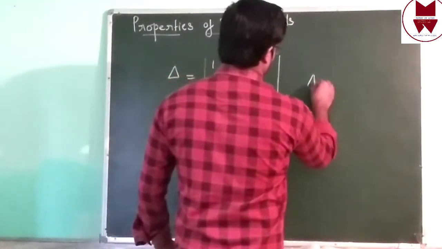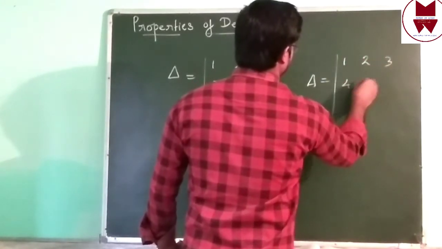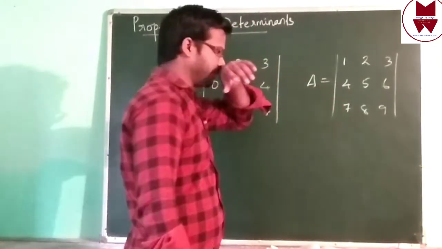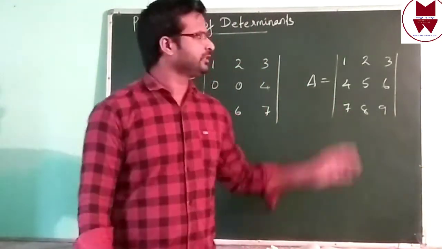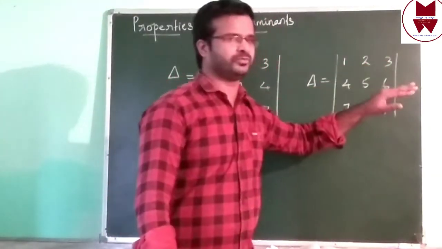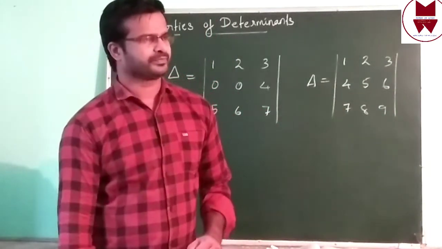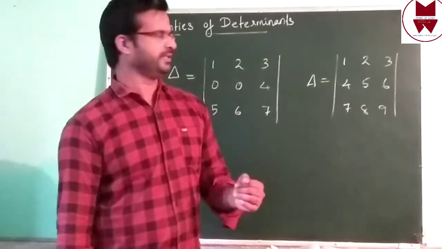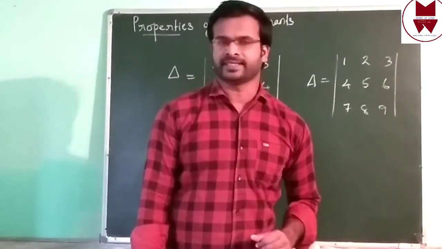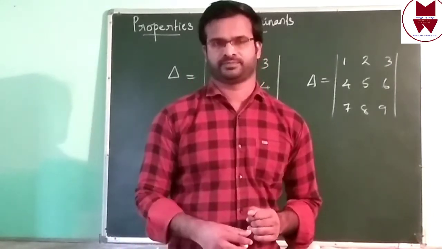But another question, delta 1, 2, 3. This is one determinant. Which row will you use? No zeros here, isn't it? If you use the first row, it is a very long process. The second row is also the same. In that case, to do it very easily, we can use some properties. In total there are 6 properties, and we will study those 6 properties today.